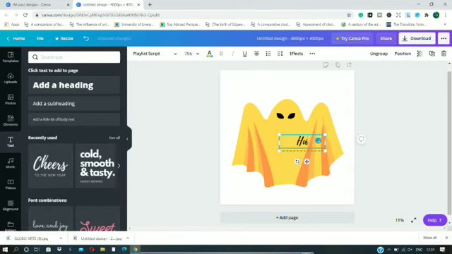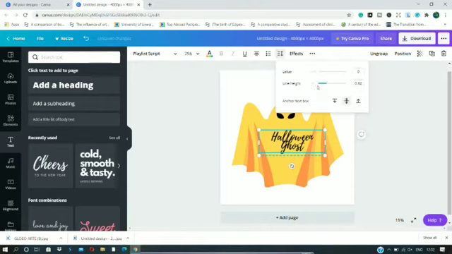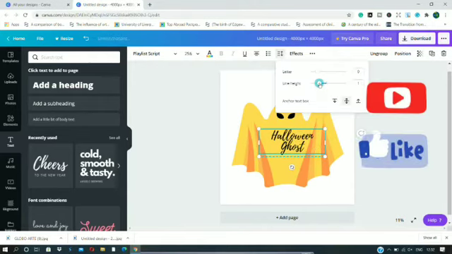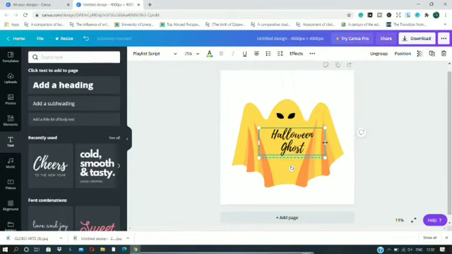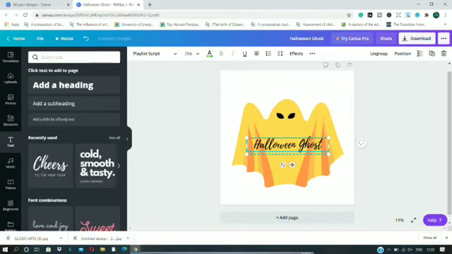move this to the Halloween ghost. Okay, this is something that I like the most about these ghosts. So you can see these are overlapping, so I just need to pick this and increase the line height so that the two words aren't overlapping each other, or even you can do it like this so that they come into the same line if you want to go with the same line. But if you want to go with another line, you can just do that as well. Okay, so Halloween ghost.